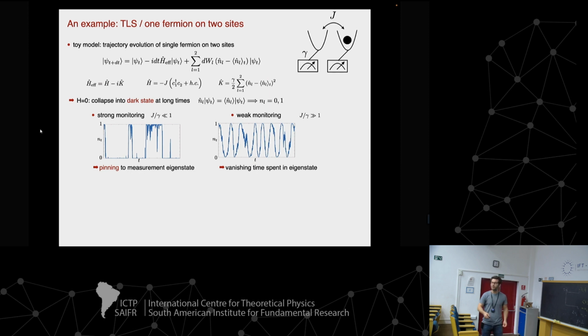And then what you see when you just evolve the wave function of the problem is that it gets pinned to the eigenstates of the measurement operator, so it's either at 0 or at 1, and only in kind of instanton-like transitions is it on its way, so to say. Conversely, if we are at weak monitoring, then we get basically Rabi oscillations, and the system transits between the eigenstates of the measurement operators, and in particular, you're basically never in time in these eigenstates, but you are going on Rabi oscillations.